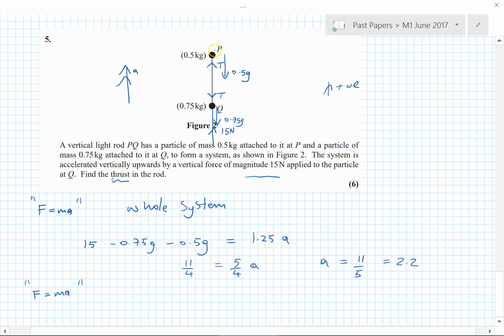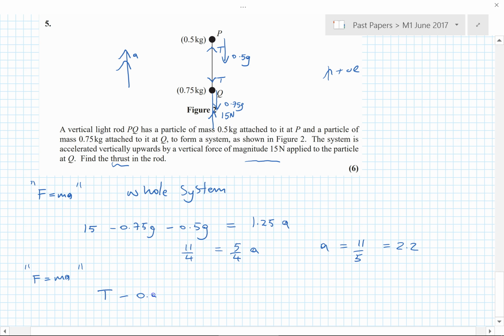P has only got the thrust going upwards, and the weight going downwards. Now, people sometimes ask, isn't this force acting like weight? That all gets incorporated in the equations, and this 15 newtons force affects the thrust, but it's not actually acting on P. So directly on P there's only T and 0.5g equal to